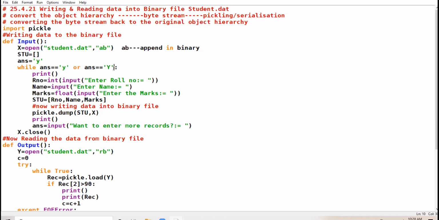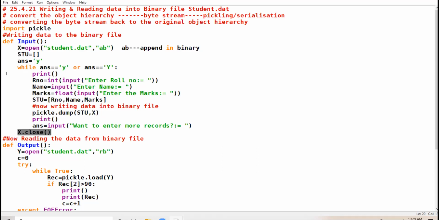If the user inputs any other character but not Y, then the loop will stop because the answer variable value won't match with the Y value. Clear? So the loop will stop working. Here you close the link of your file with the file object. The link gets closed using the close function.